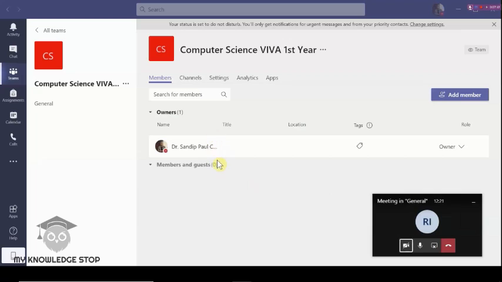So this is simple. If I added someone by mistake, I can actually remove them. If I want to add again, I can go for the add option and keep on adding. So it's not that I have to add everyone at one time. I can add later also. Doesn't matter. It's very simple. So I think this part is clear.